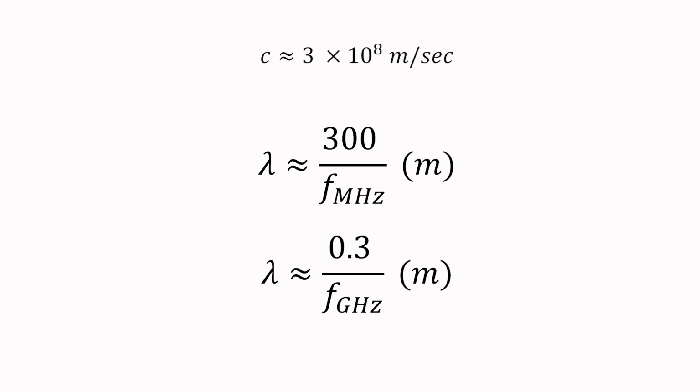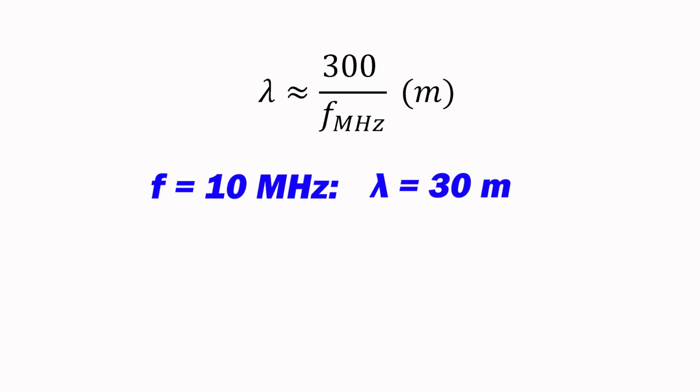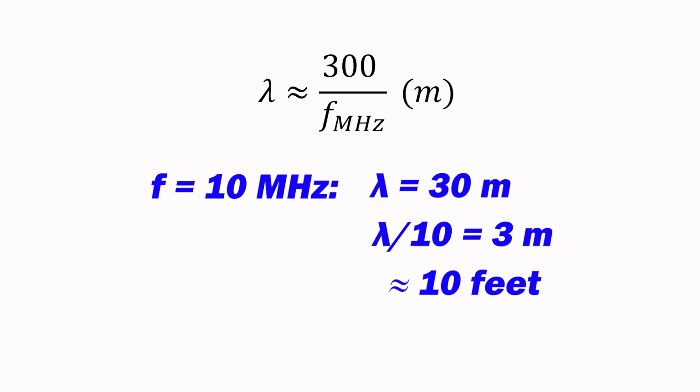This relationship between wavelength and frequency is another thing worth committing to memory because we'll be using it all the time. It is especially useful at frequencies for which any circuit element is a significant fraction of a wavelength, when it can behave as a transmission line or an antenna. For example, at 10 MHz, the wavelength is 30 meters, and a tenth of a wavelength is 3 meters, or about 10 feet. This is right in the range of the length of cables in a typical setup. And 10 MHz is not a terribly high frequency in the grand scheme of things, and the effects only get more pronounced as the frequency increases. As you may have guessed, we will be discussing this further in future sessions.